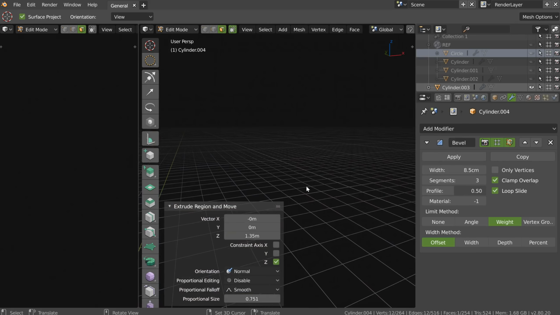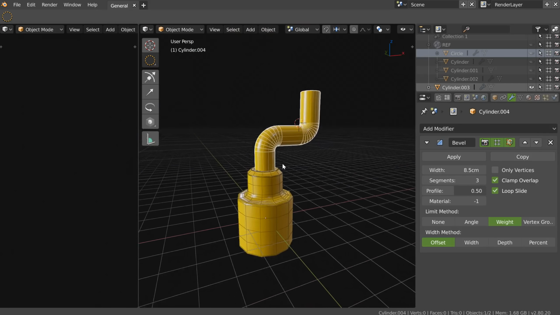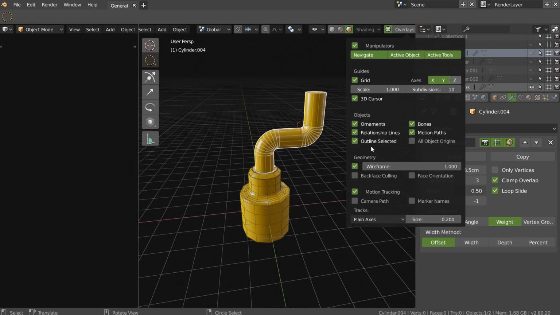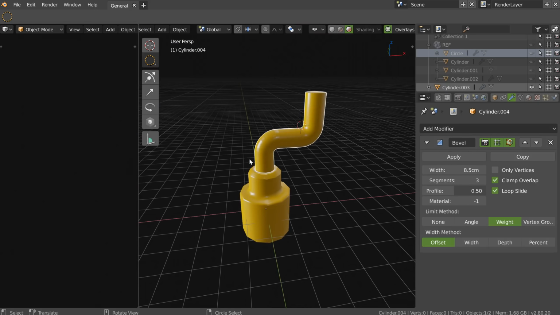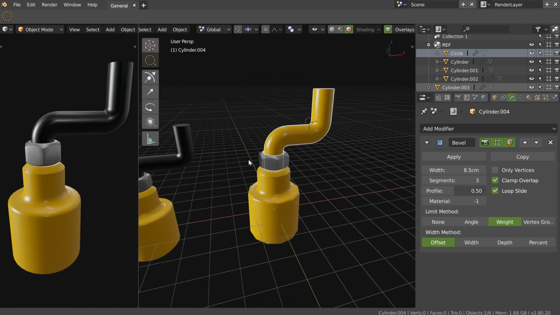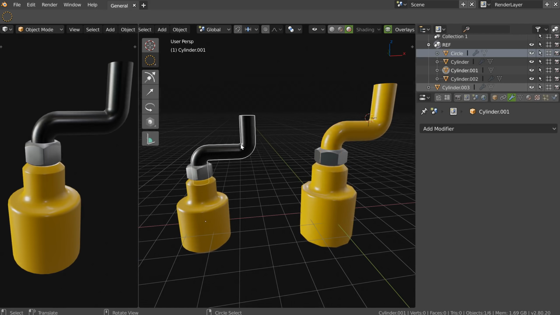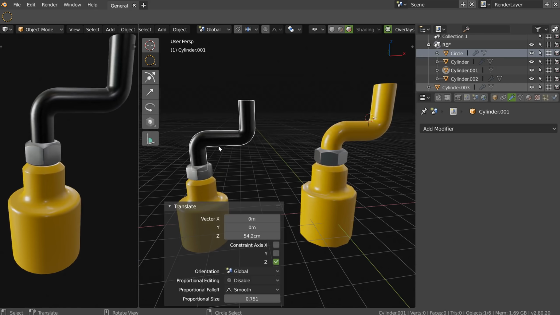Okay, so now I have my result. I will just come here, hide the wireframe. I will Alt H, like this, select this one, Control L, material. Oh, what did I do? G? Okay.